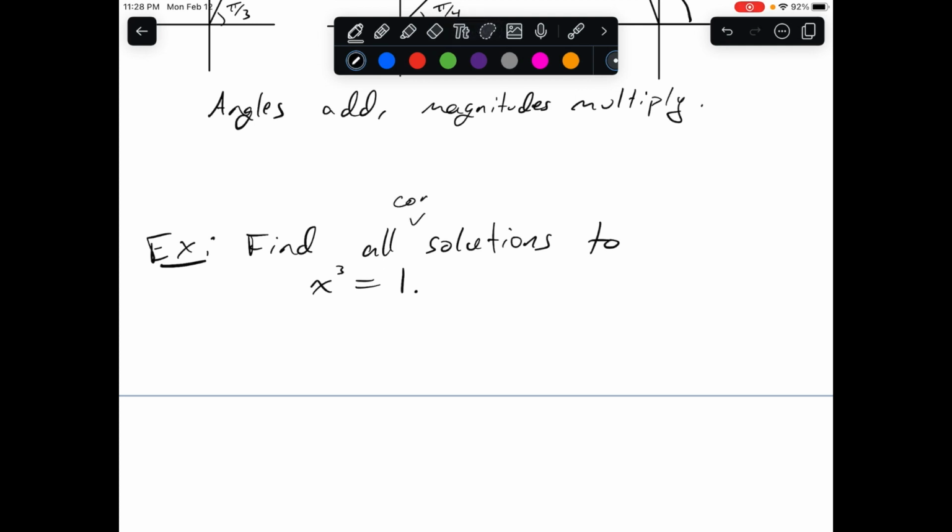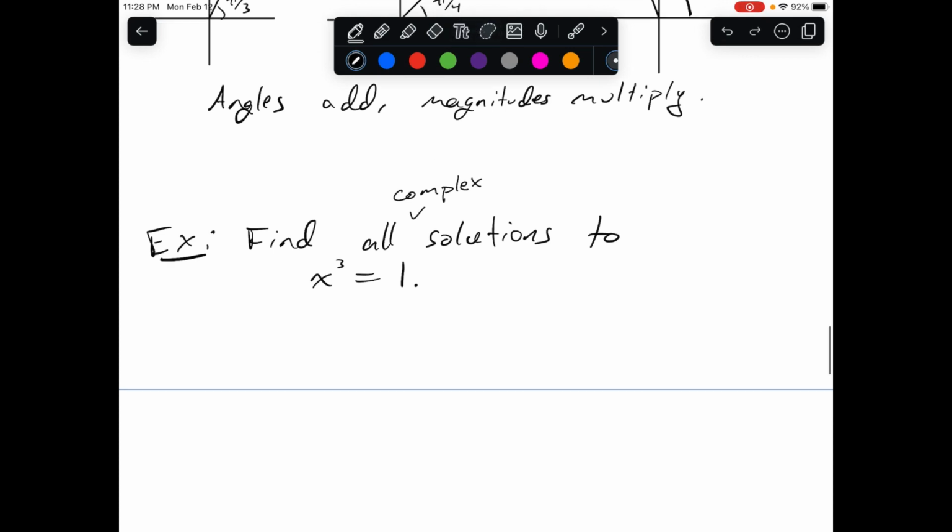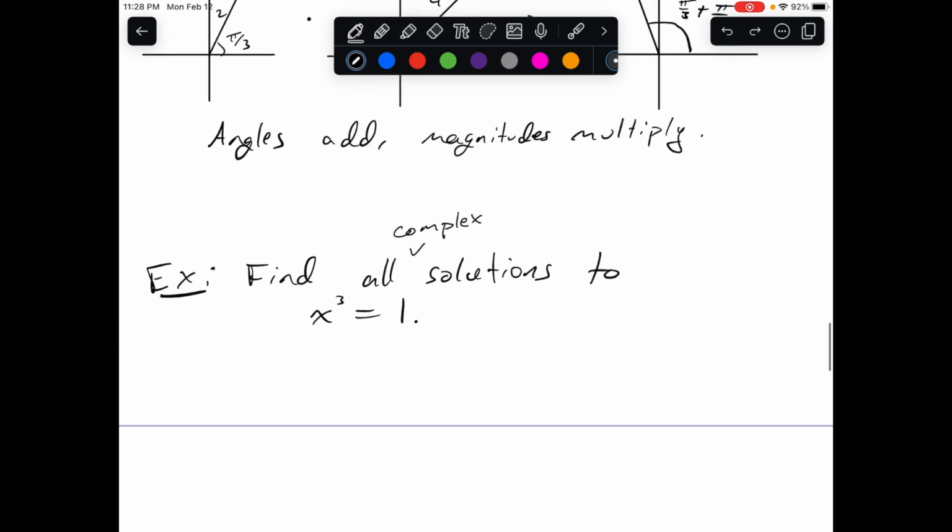When I say all solutions, I really mean all complex solutions, because if I were asking to find all real solutions to x cubed equals 1, then the only answer would be x equals 1, right? However, with complex numbers, it's not so simple. So basically, we're going to represent x with r e to the i theta,